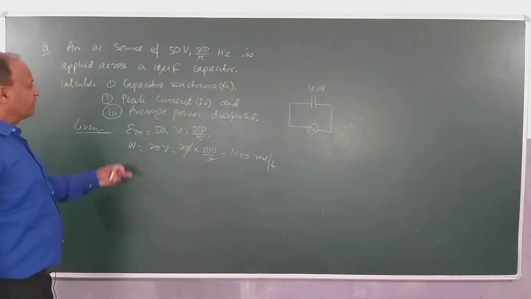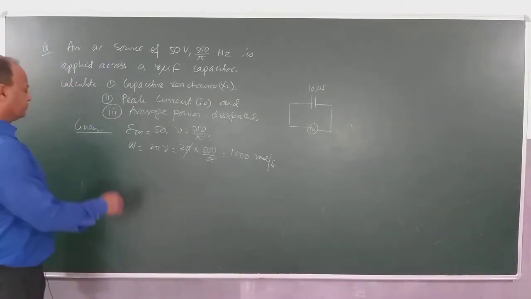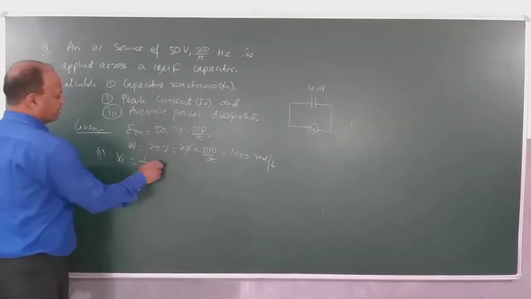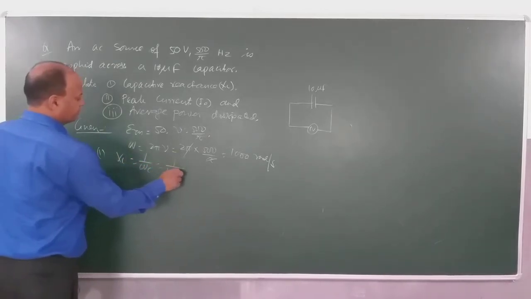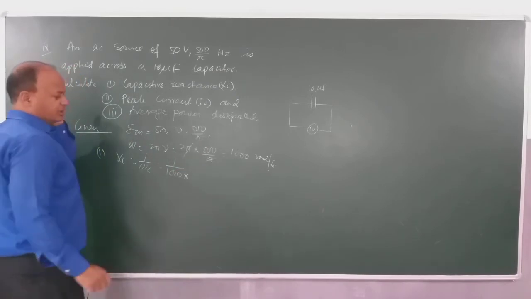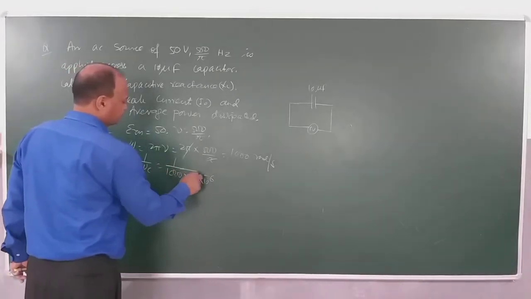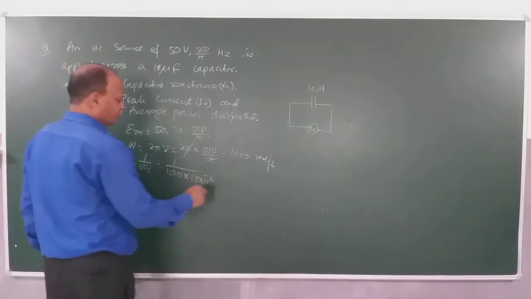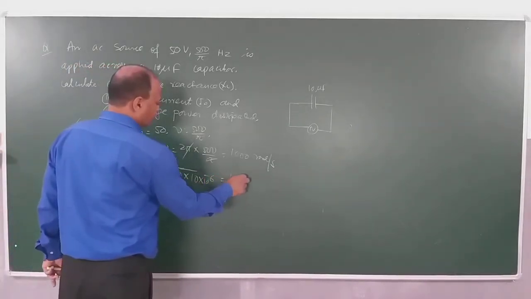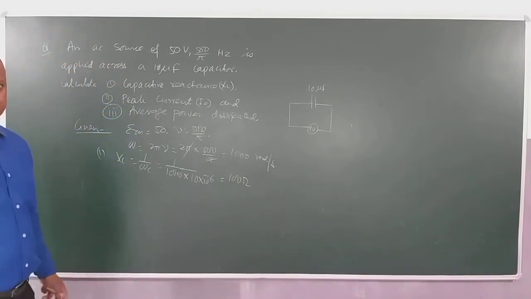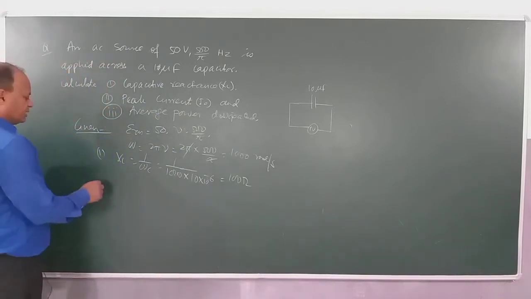So first, you have to find out what is the capacitive reactance. Xc is 1 by omega C. Omega is 1000. And how much is C, children? 10 into 10 to the power minus 6. Clear? So it will be how much? 100 ohm. How much capacitive reactance did you get? 100 ohm. Right? Once you got this, then the second answer.